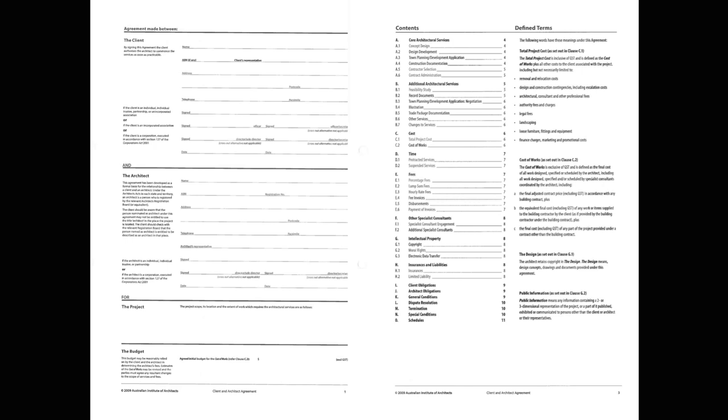So you have all the basic things that you need in the contract. You have the signatories to the contract, being the consultant and the client, but also a short description of the project, which should include the address and the agreed initial budget. All these things are written down so that it's all clear and known and everybody's on the same page. On the right, you can see the standard contents of such a contract, and also the defined terms which are all being agreed on.